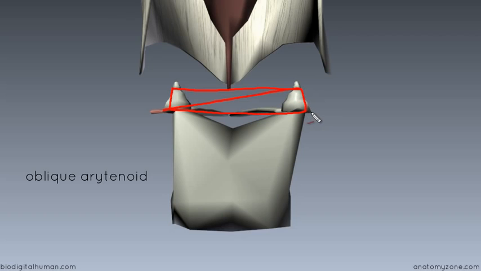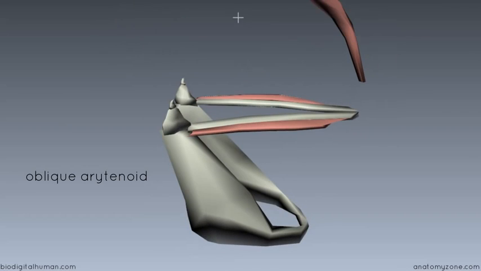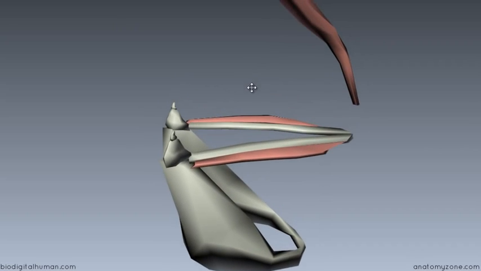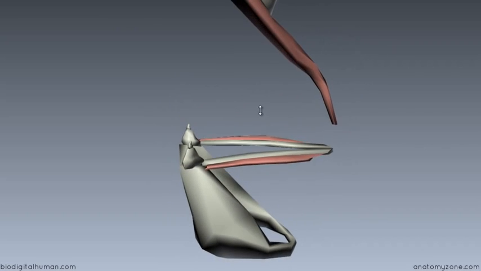So you've got two of these. The other one obviously has the same origin and insertion. So it runs from the posterior surface of the muscular process of the arytenoid cartilage and inserts on the apex of the other arytenoid cartilage. So if I just rotate this model round, the oblique arytenoid muscle is quite interesting because some sources say that the muscle continues past, so when it reaches